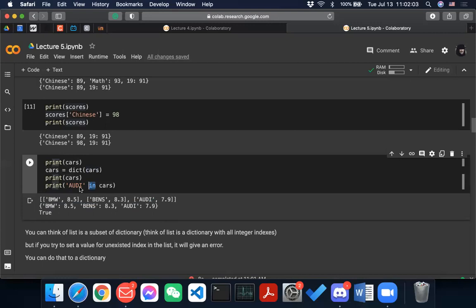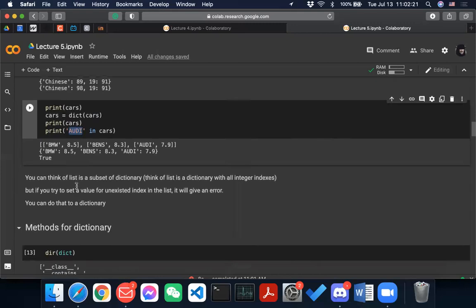So you can print all the in cars. That means checking whether a specific key is in the dictionary or not. That is the idea, and that is frequently used for accessing the data in the dictionary.